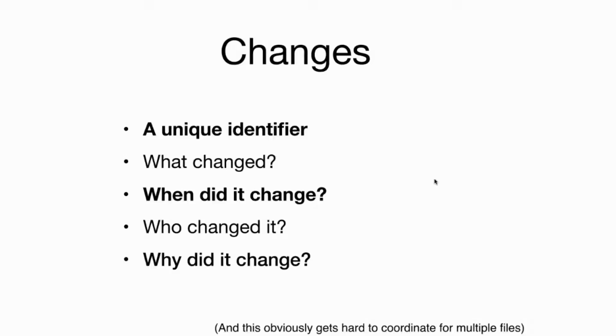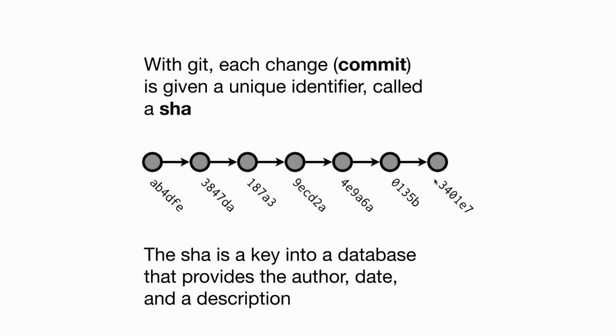And then obviously this file naming scheme is going to get harder and harder to coordinate if you've got multiple files. So if you want to change the data as well as the code, as well as the report, and keep all of those things in sync, that's going to be really painful to do just by copying the file many, many times. So Git provides a much better solution to this because it provides an explicit model